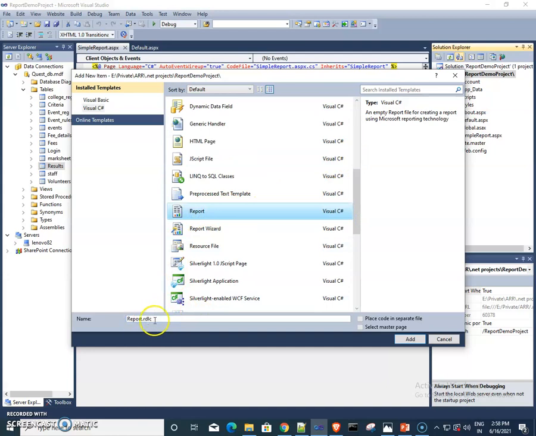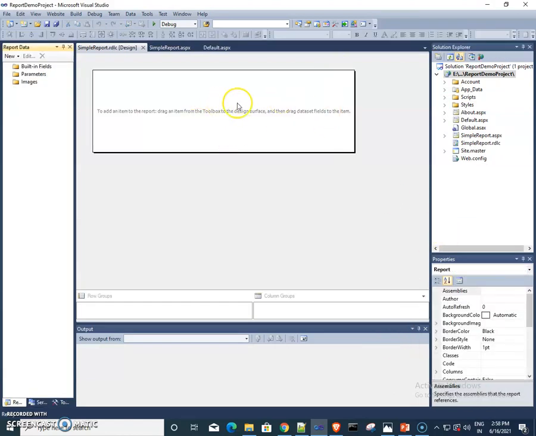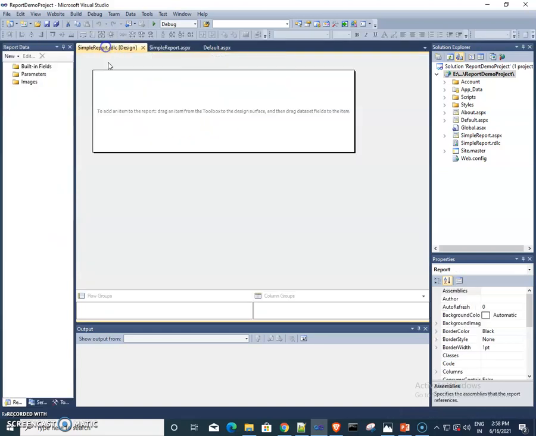So this is a report.rdlc. Some simple report I am adding. So this is the actual report, and this is the simple report ASPX page. This is the web page, and on this web page we need to show this report.